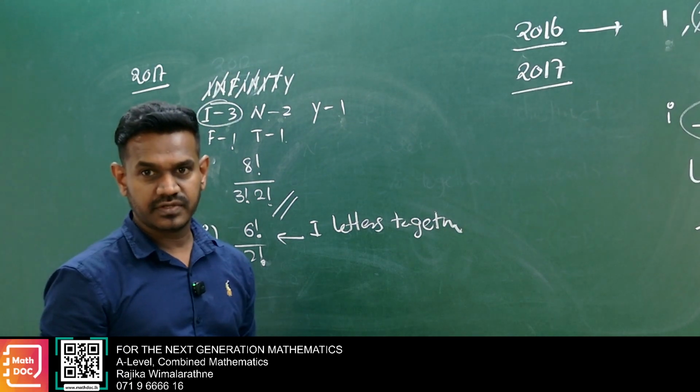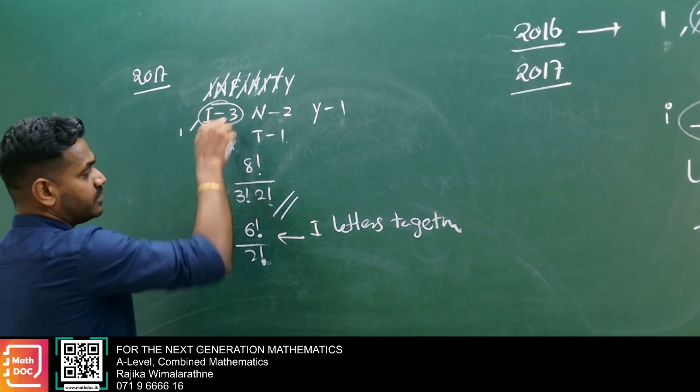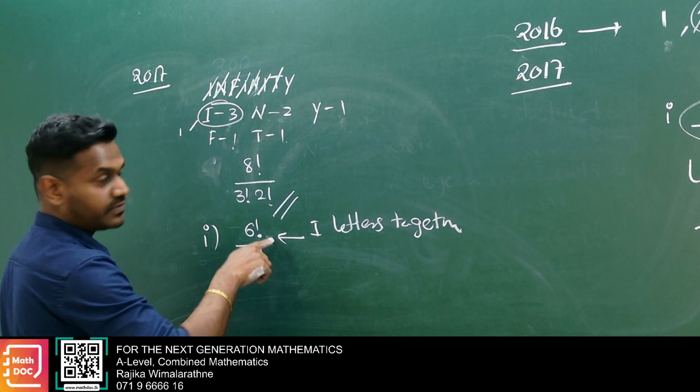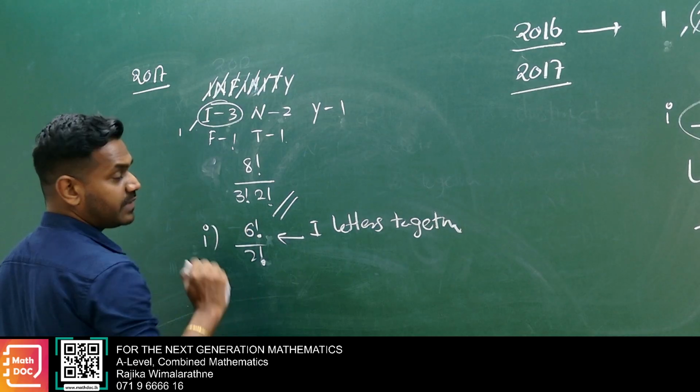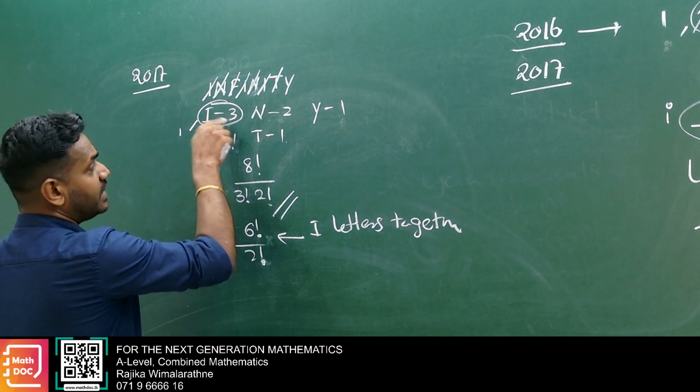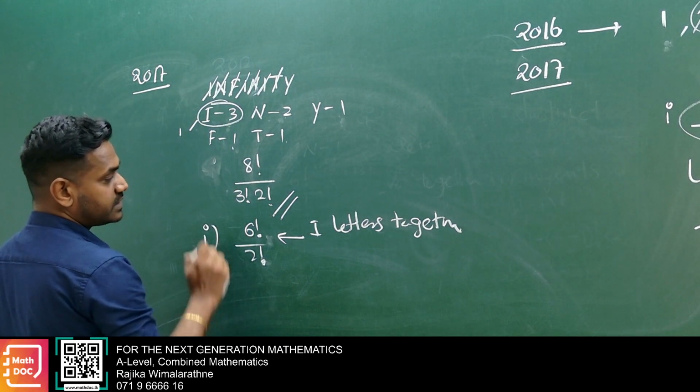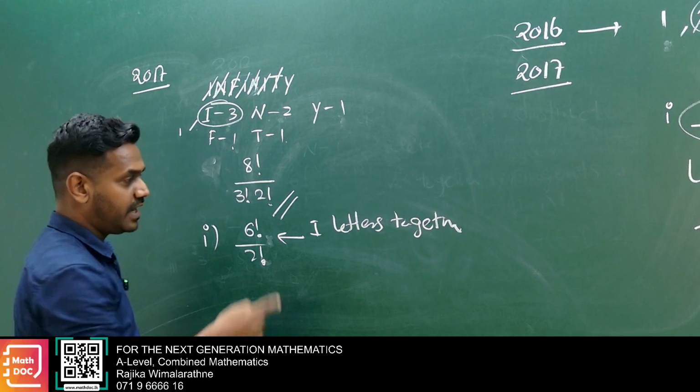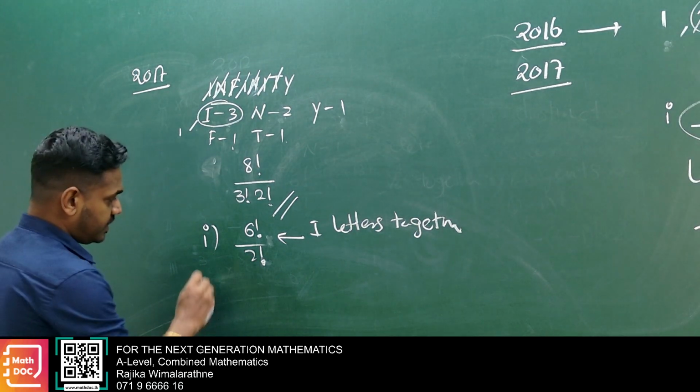All I are the same now. If there were 3 distinct objects, we would have to multiply by 3 factorial. But here all I letters are the same, therefore no need to think about further arrangements. Then here, I letters together. Second one,